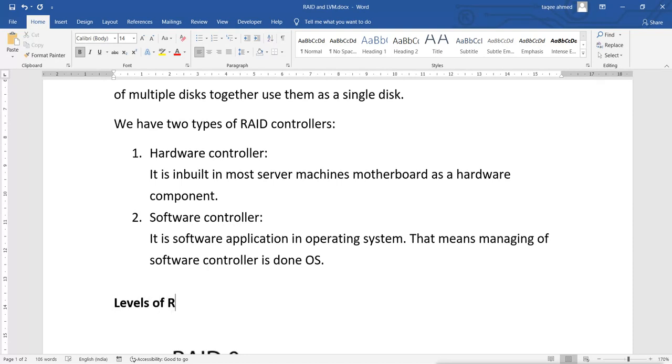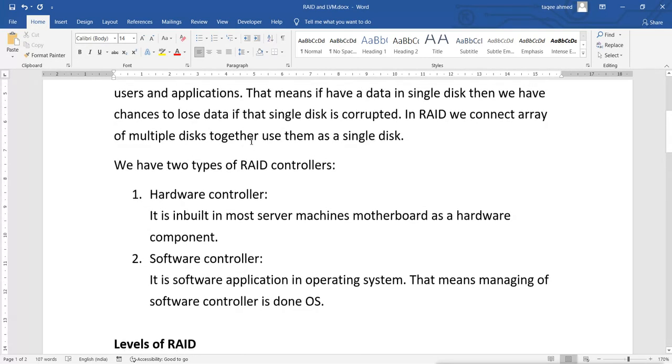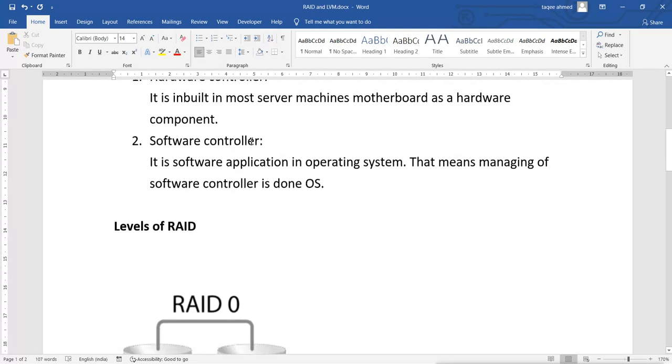Now the first level we have is level 0, or we can say RAID 0.